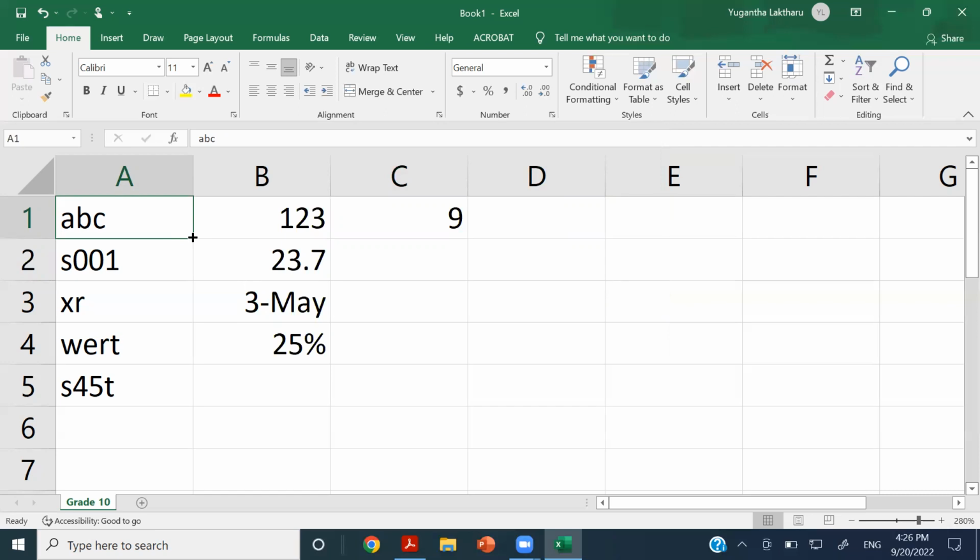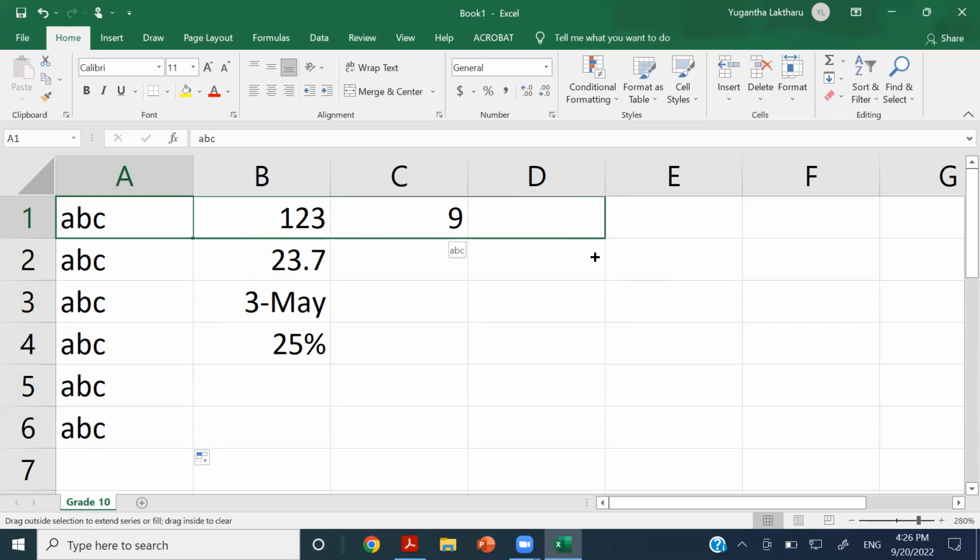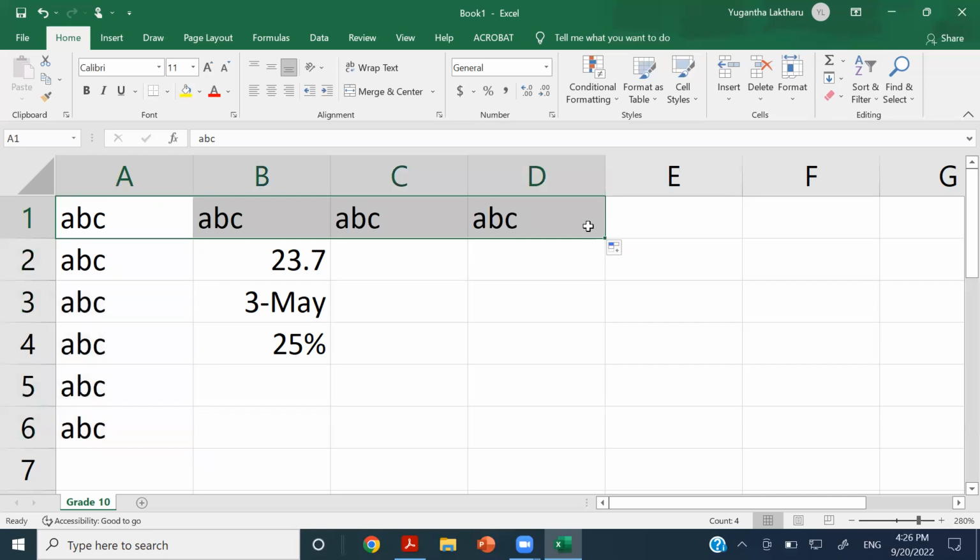So on that position, if I click and drag it down, it's going to copy the active cell's content to all the other cells, right? I can use this fill handle either in the vertical manner or in the horizontal manner. I can't use it diagonally, right? That means you can copy along the column or along a row. That's all, right? So that is how the fill handle behaves with a label,